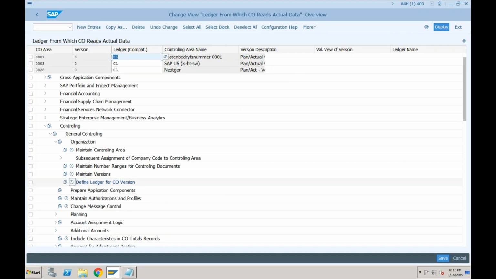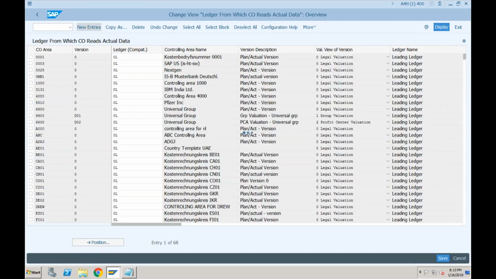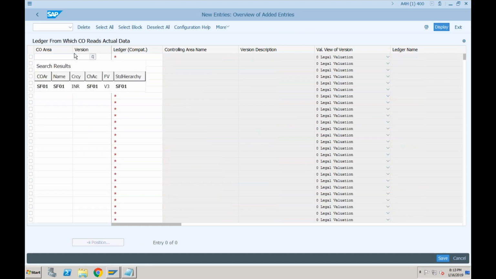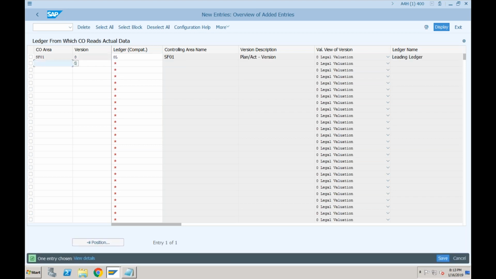If I click on new entry, for controlling area SF01, version 0 of CO will take the values from the leading ledger, that is 0L. Okay, so this entry is mandatory. If you don't do this, the system will not allow you to post anything.